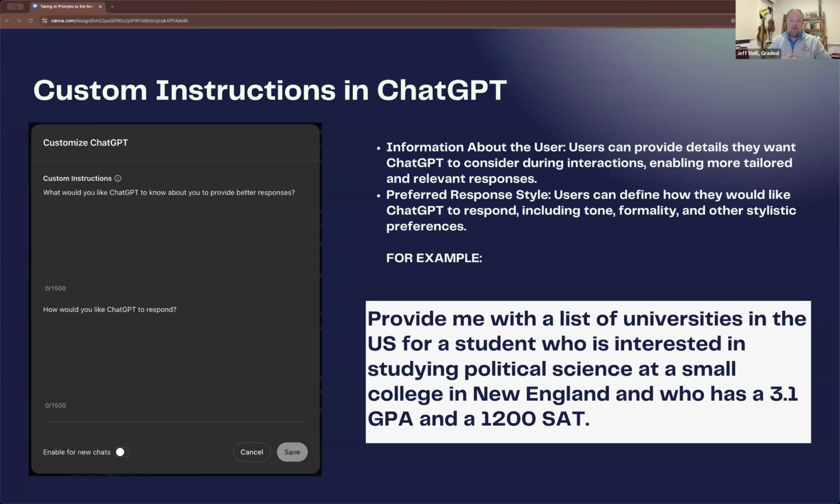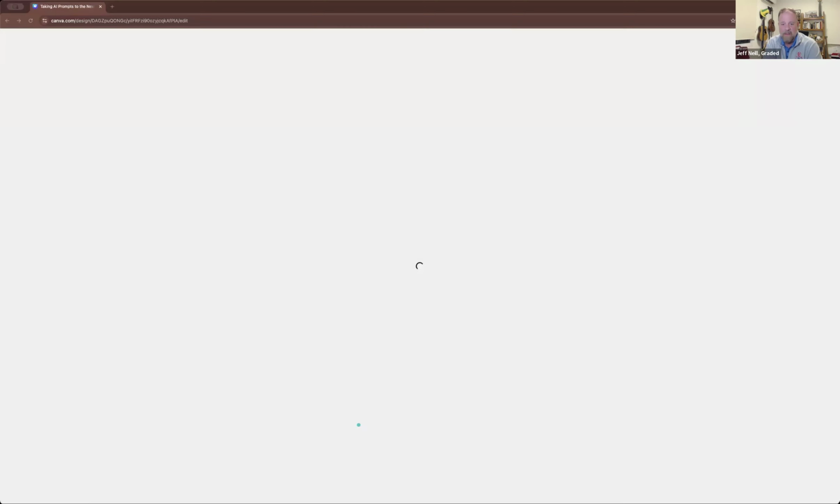So again, the thought experiment that I wanted to lead you along is this idea of building a college list. So here, let's just take, for example, this very simple prompt: provide me with a list of universities in the US for a student who's interested in studying political science at a small college in New England and who has a 3.1 GPA and a 1200 SAT. So then if you go to the next slide